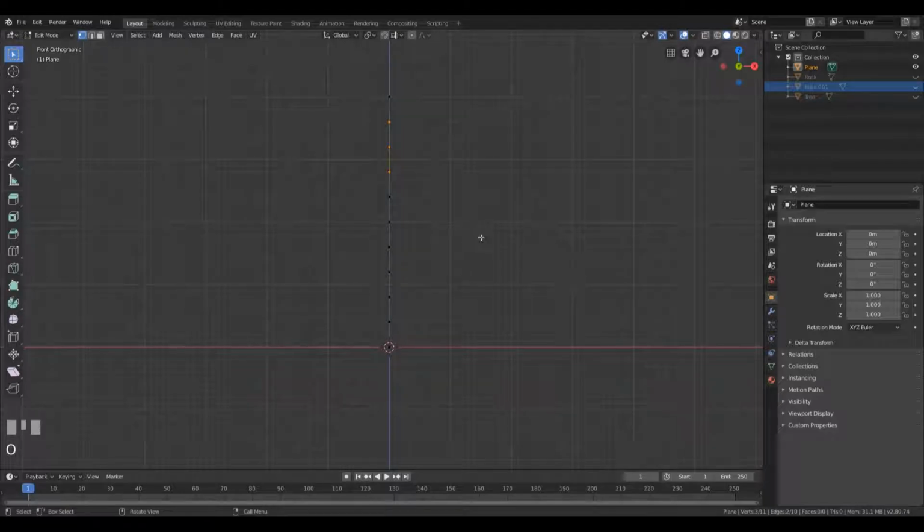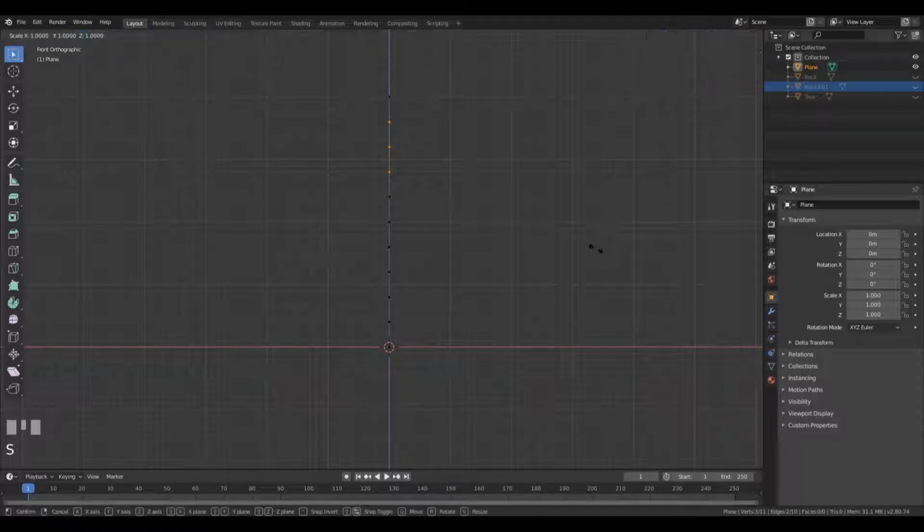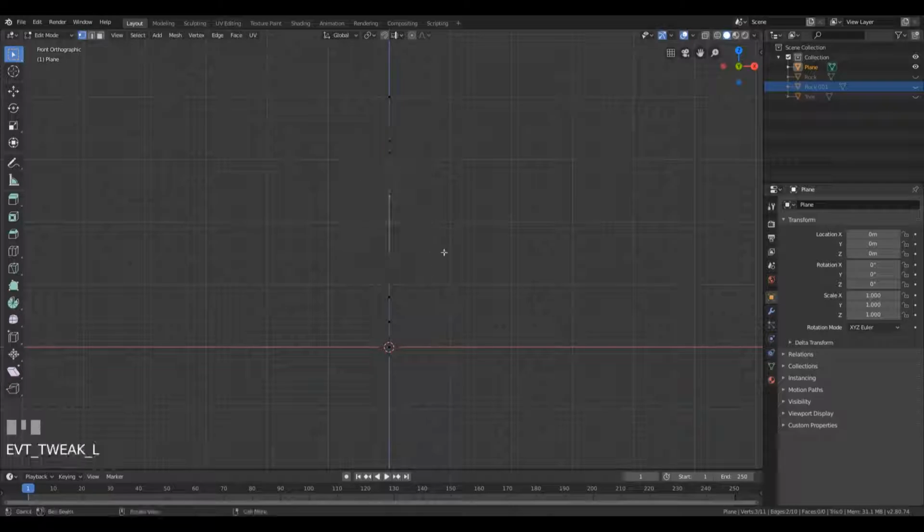That's what I was talking about when I said that's a good practice to disable it always. So let's press S and Z to scale, and scale them really close together,